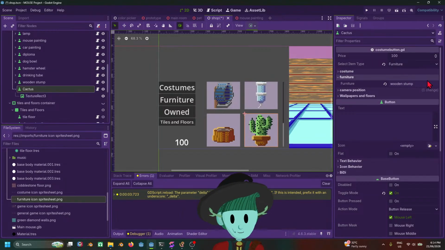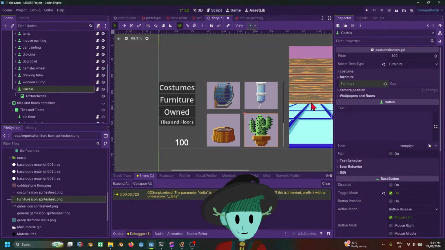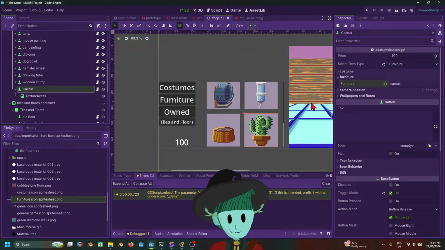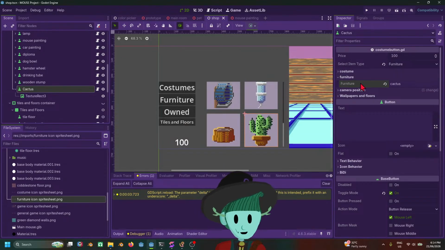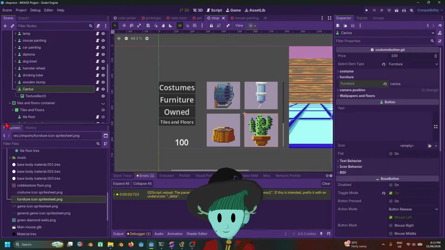And then under furniture, I'll type in cactus. Actually, let's make this lowercase just so I don't need to worry about pressing caps lock when I make the key name. Okay, so I made a new export variable under furniture called cactus,